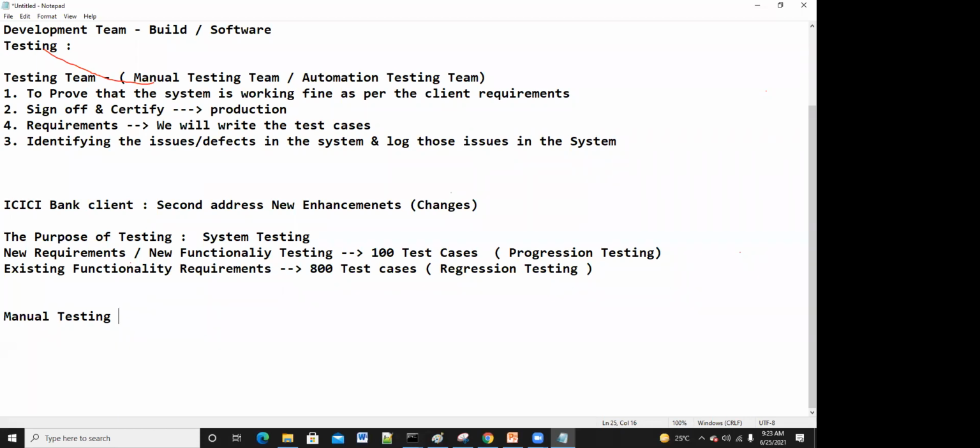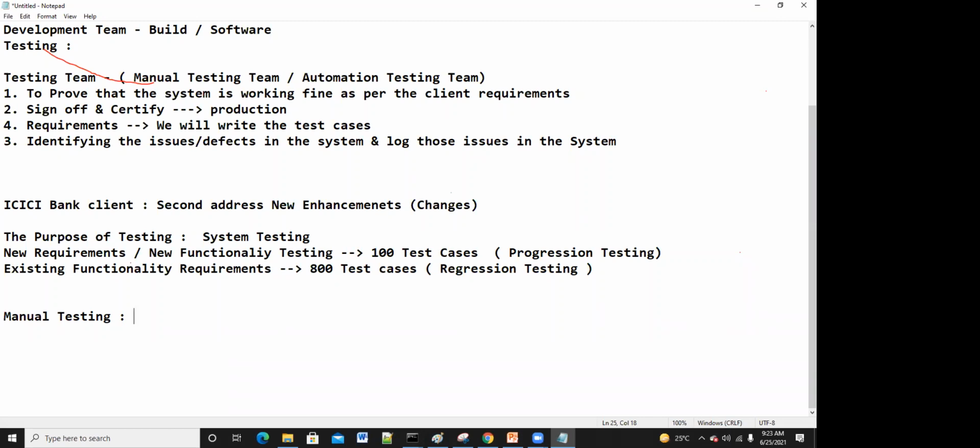If it is an insurance application, is it able to place a policy order or not, able to create some insurance details or not, some health insurance plans or not. So many functionalities will be there in any application. I'm calling them test cases. Each test case will describe some functionality.